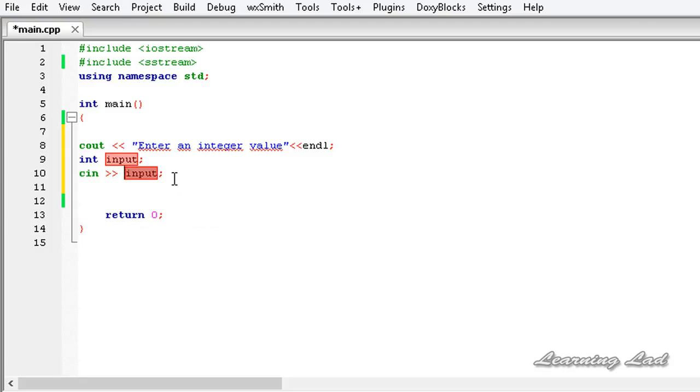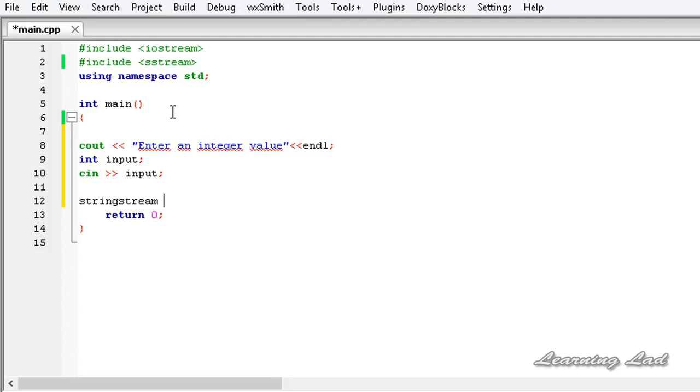Now what if you want to convert this integer value to a string value? At that time we can use the string stream. So here, just for the demonstration purpose, I'm going to create an object of the stringstream class. Otherwise, if you want to read from a stream, you guys can use istringstream, and if you want to write to the stream, you guys can use ostringstream. Depending on the situations, you guys can use that. So here I'm going to use stringstream,